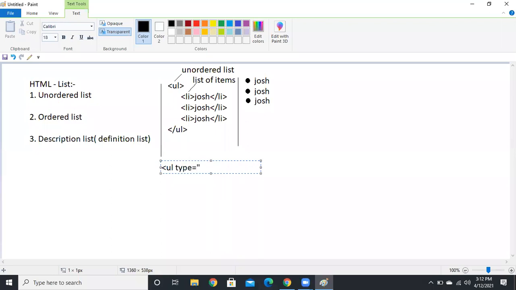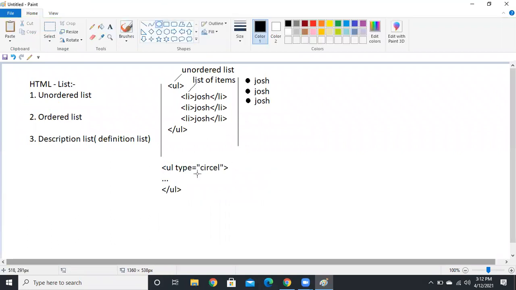In type, I'm going to use circle, guys. See, you will get it like this. Circle as your bullet for your content, your data.